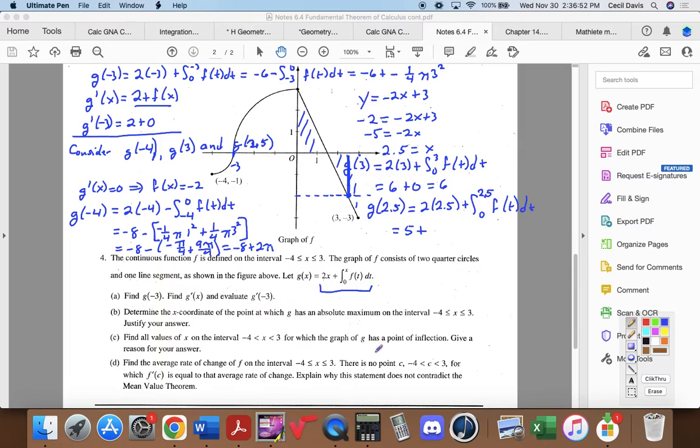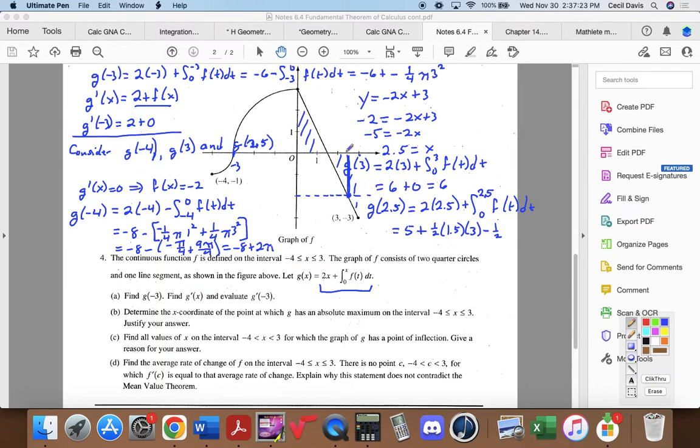The one that's below the x-axis. So the one above the axis, that's going to be 1/2, the base is 1.5, and the height is 3. Plus, oh, excuse me, minus, my fault, because the second part's below the axis, minus 1/2 of